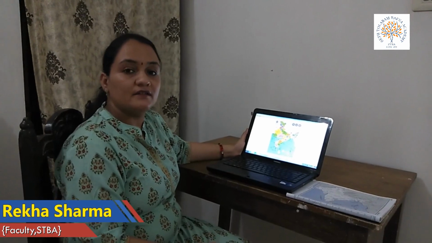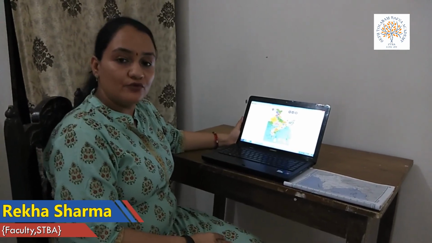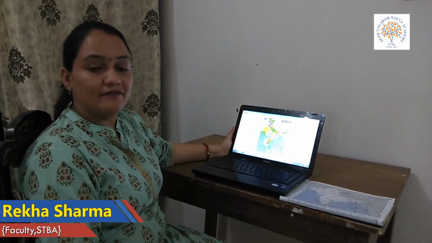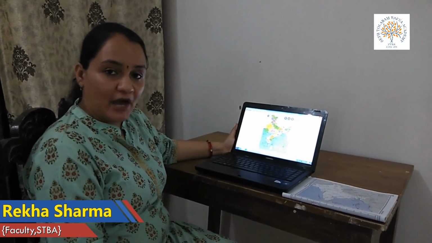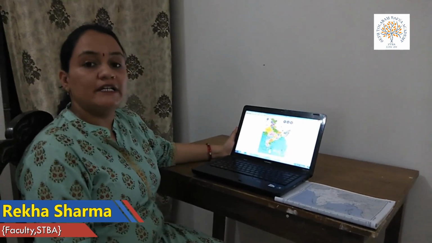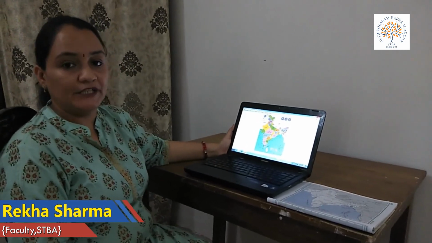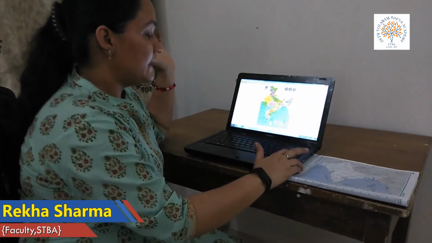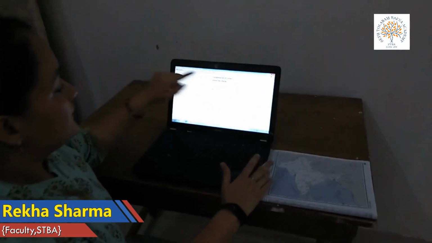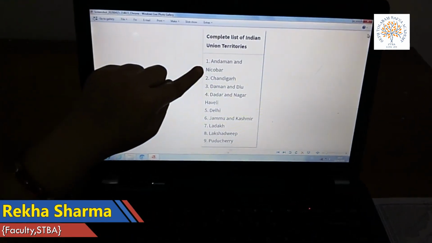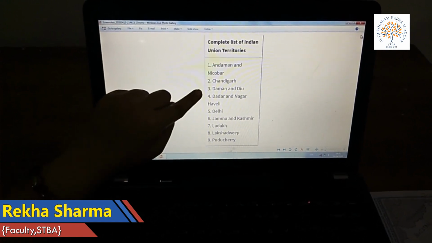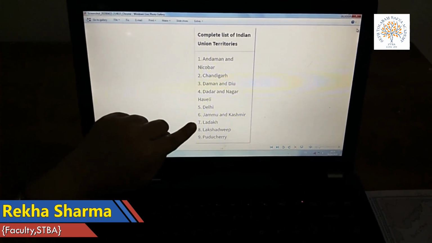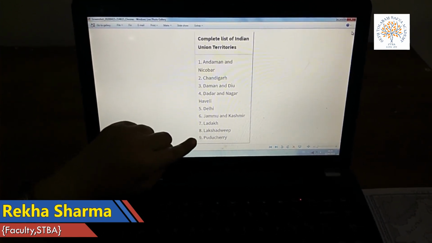Dear students, I think you all get to know how to fill the map of Indian political or how to locate places on it. We have discussed all the states and their capitals. Now I am going to tell you about the union territories and how to fill them on the Indian political map. Now look here. This is the Indian political map. Now there are some 8 union territories. The list of the union territories is: first Andaman and Nicobar Islands, Chandigarh, Daman and Diu, Dadra and Nagar Haveli. 5th is Delhi. 6th Jammu and Kashmir. 7th is Ladakh. 8th is Lakshadweep and 9th is Puducherry.